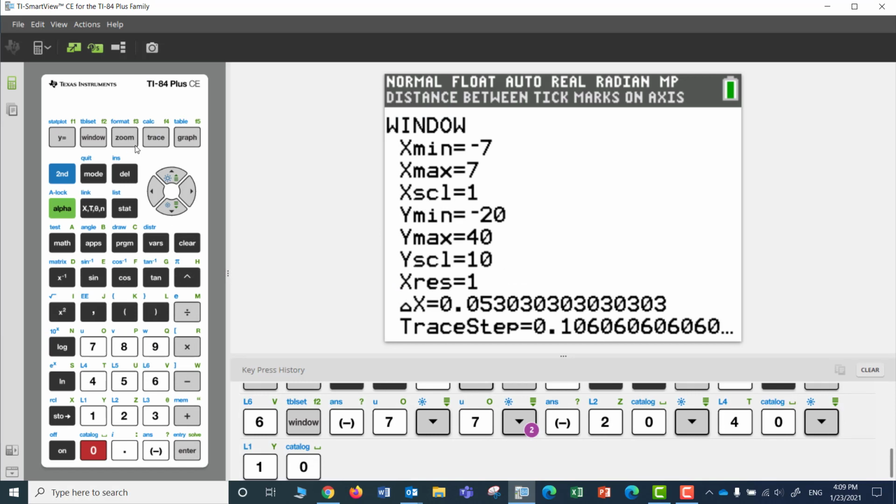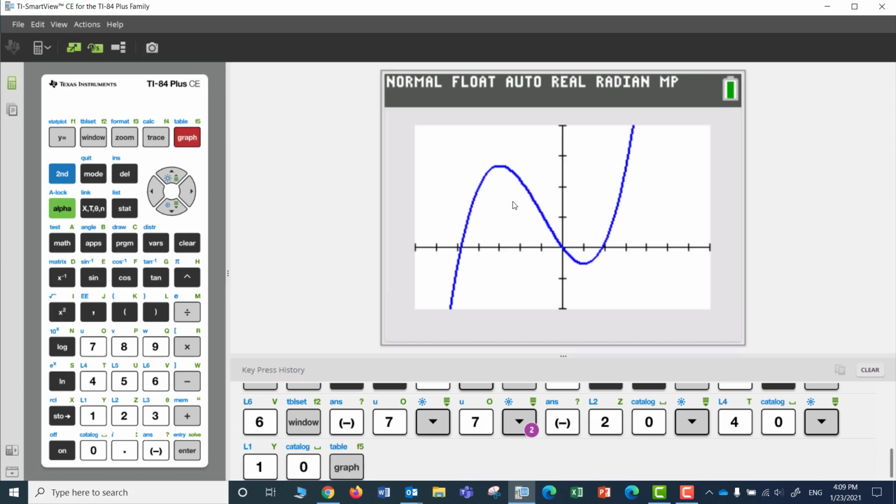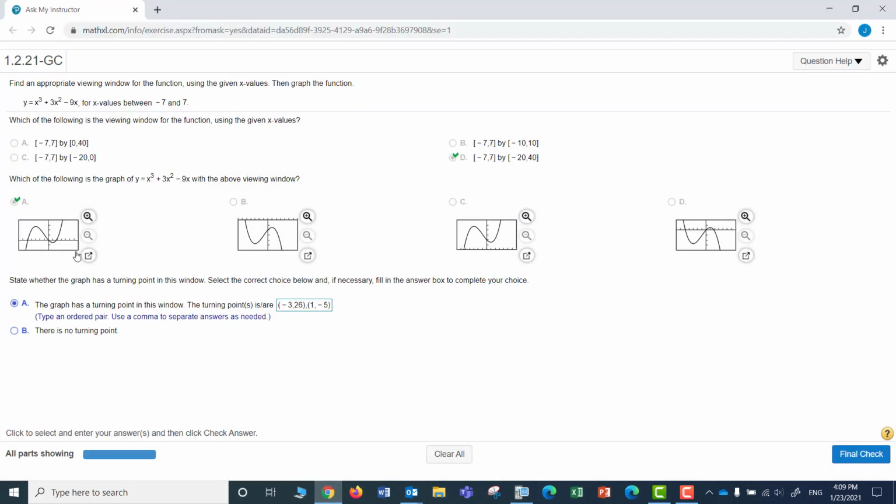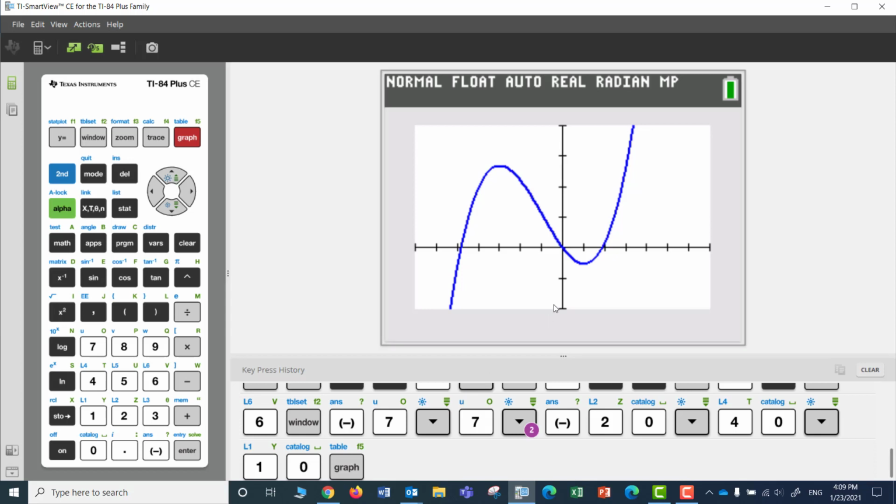All right. Once you finish modifying the viewing window, you can press the Graph button. Now you see the graph is exactly the same as in the second part. To find the turning points, which are at this peak and valley,